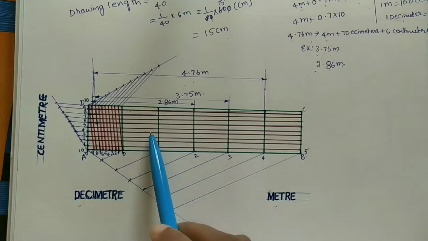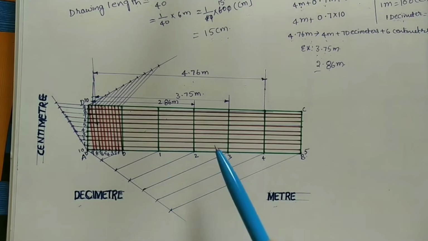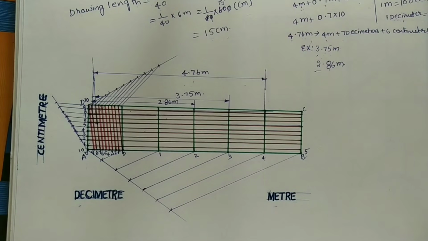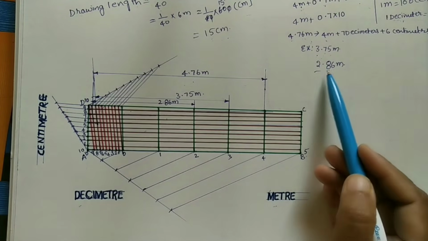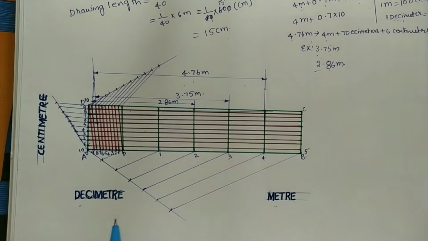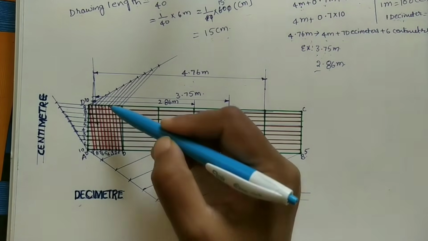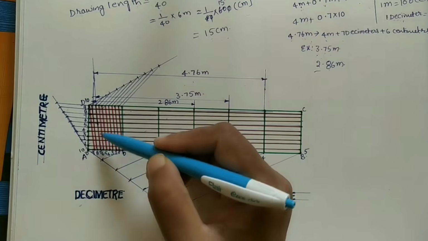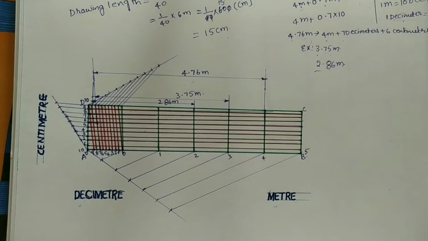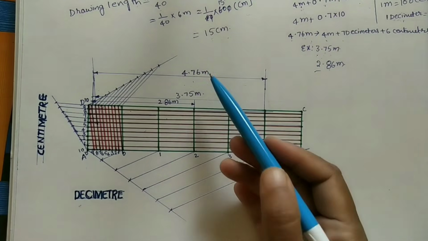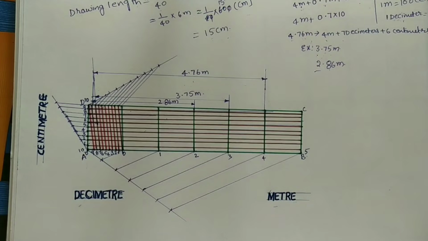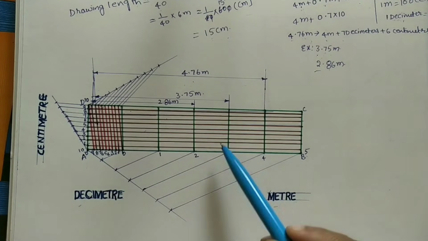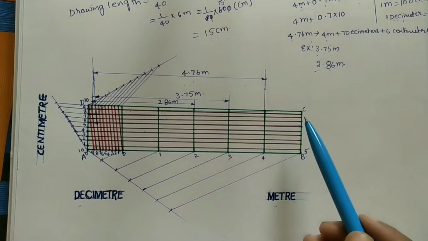Like that we are marking all dimensions. Always remember this diagonal scale is used for showing 3 different types of units. Let us take, sometimes, kilometers, meters, decimeters, like that. Whenever 3 units are given, we use the diagonal scale. We call it a diagonal scale because here we are using diagonals, inclined lines. This is the method of marking the given dimension. In the sheet, do it with a pencil. Don't use pens or sketch pens. I am using a pen just to show a clear view in the camera.